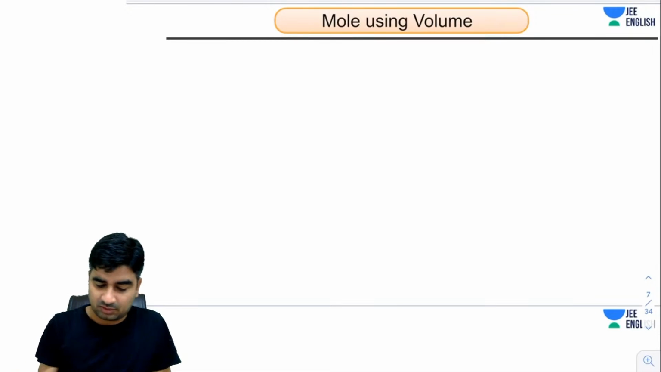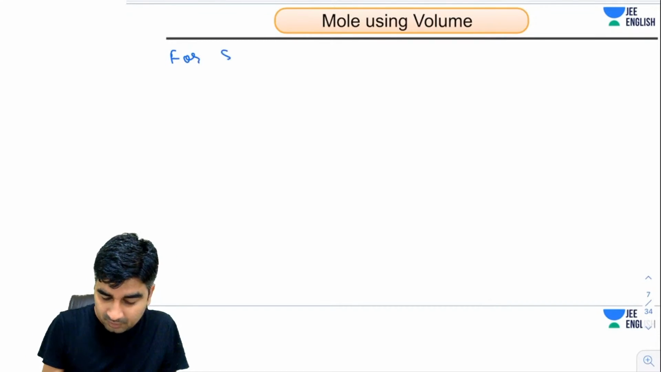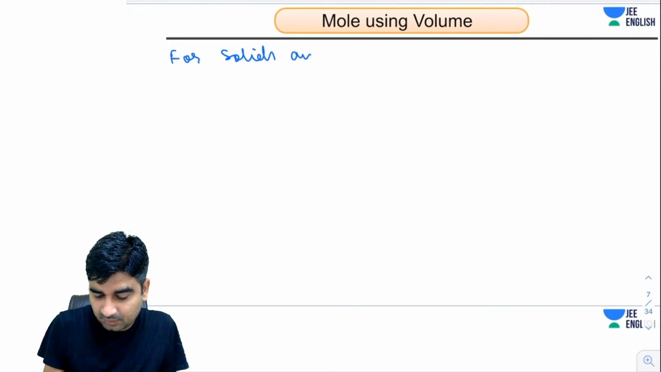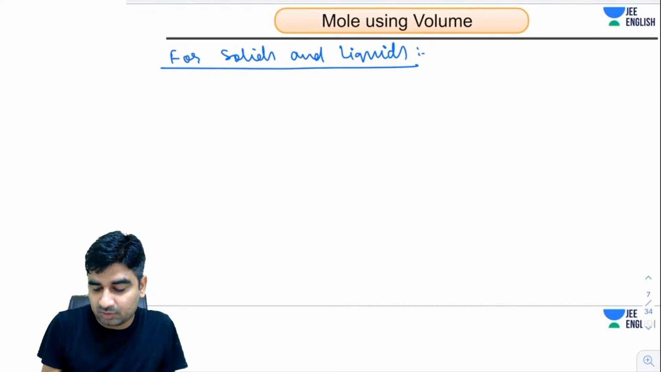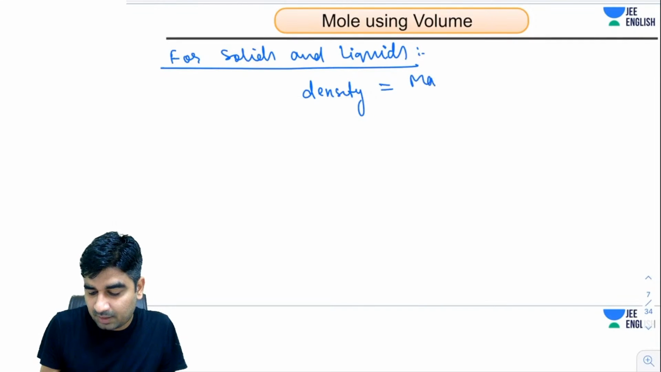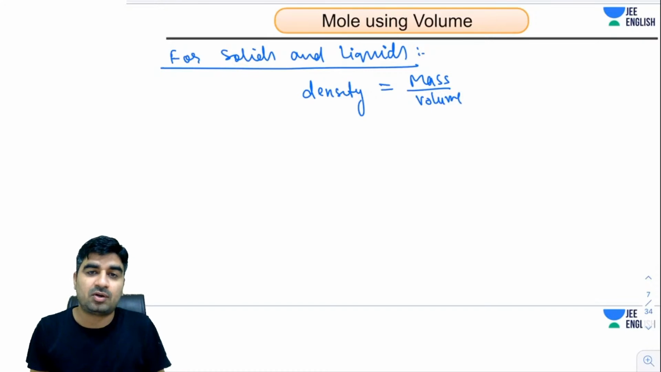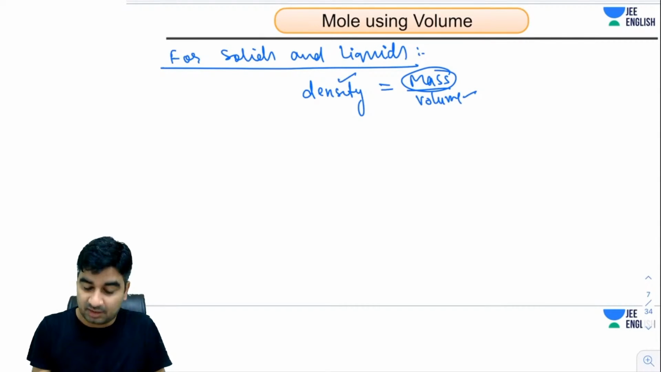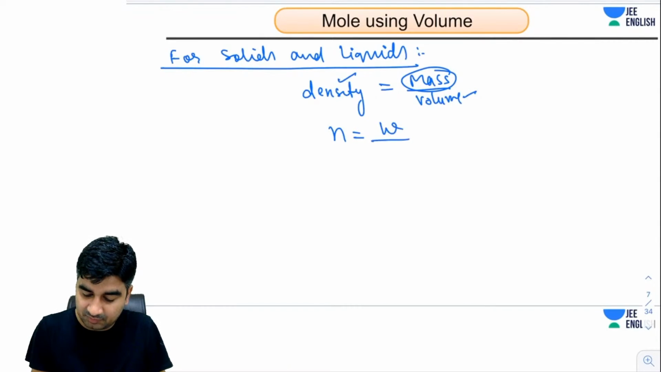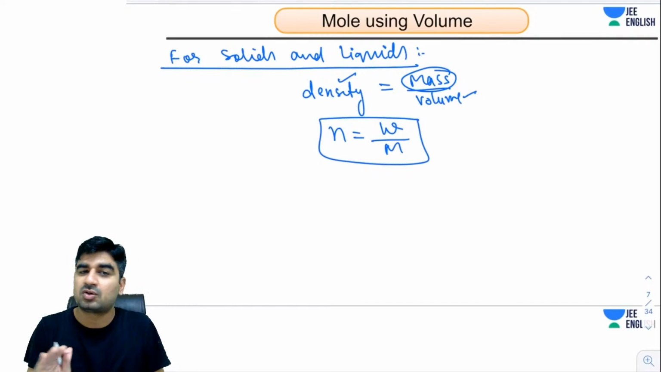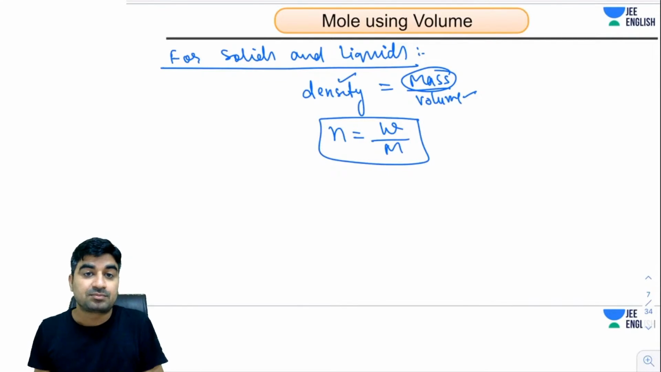So in case of solids and liquids, we know density is equal to mass upon volume. So if the volume of a solid or liquid is given, then what are we going to do? Using density and volume we can calculate mass, and once we calculate mass then we will calculate the number of moles. So not an issue. But for gases,